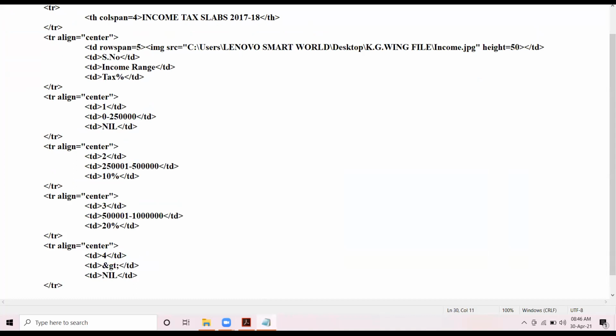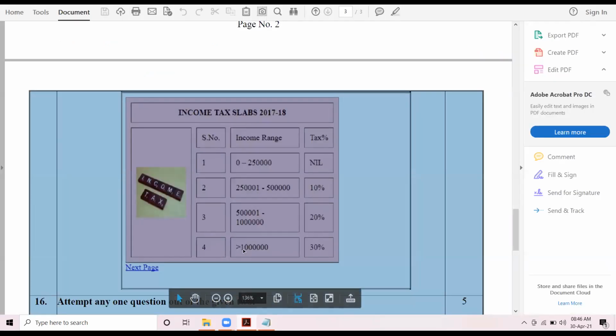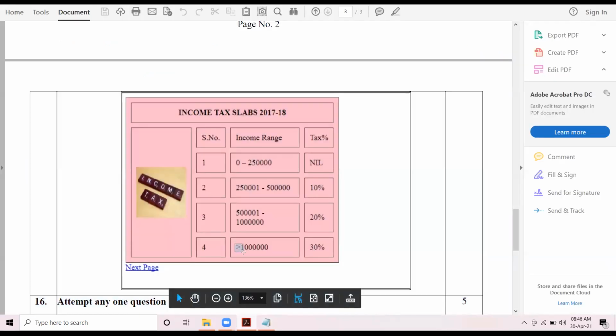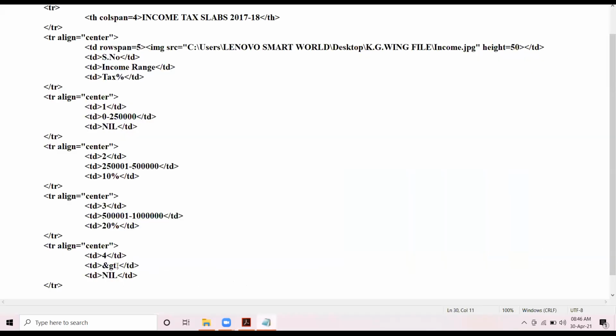I hope you remember the lecture when I discussed special characters and how to insert special characters in HTML. You can see the greater than sign is there. So I am using the HTML code for this, ampersand GT, and more than 10 lakh. Okay. And the income tax is 30%.